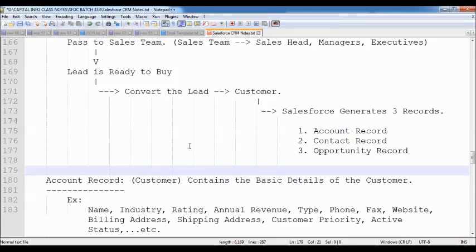When coming to organizations, sales is not that important. Service is very, very important. Why? Because the customer will buy the product only once. But as an organization, it is our responsibility to give lifelong service to the customer.